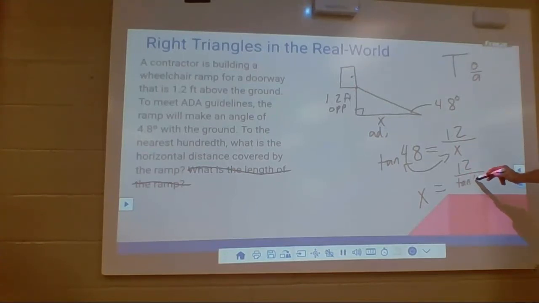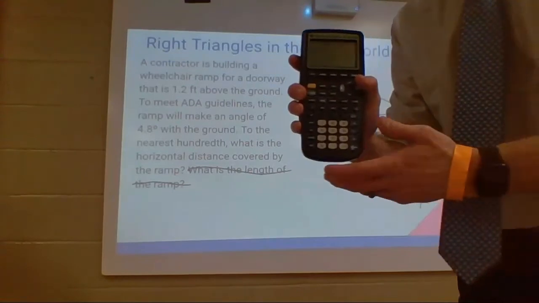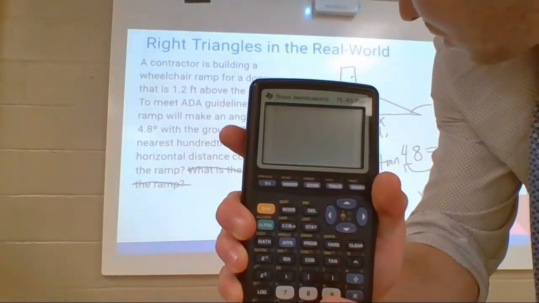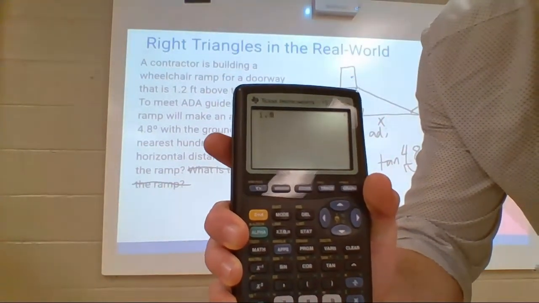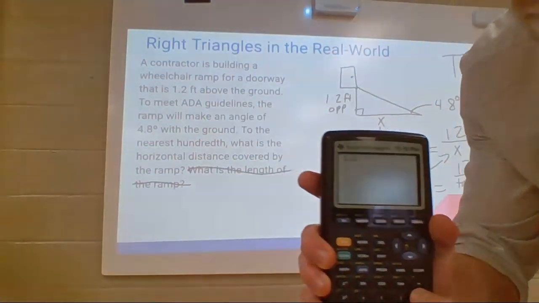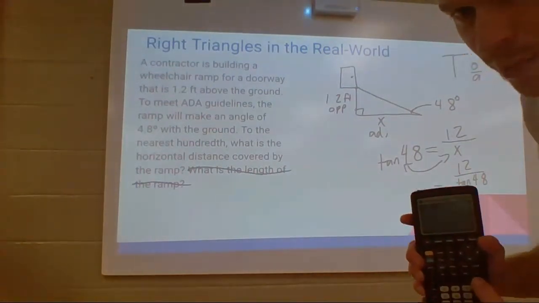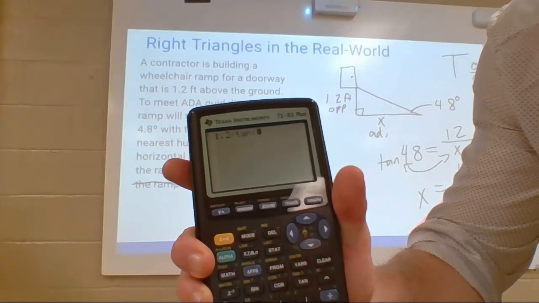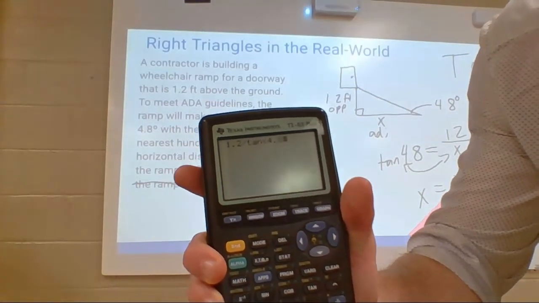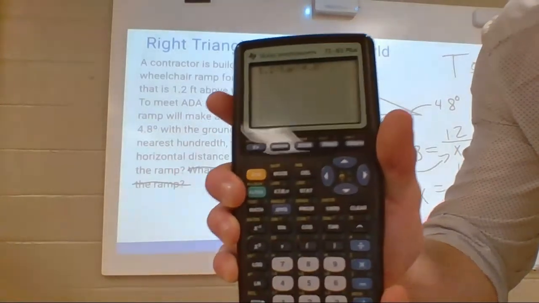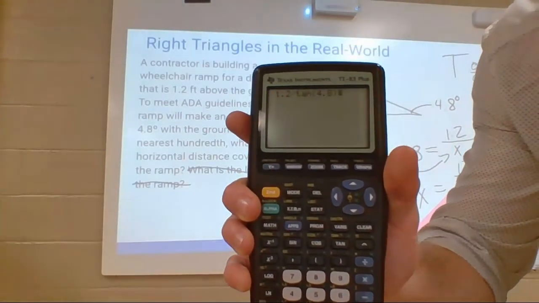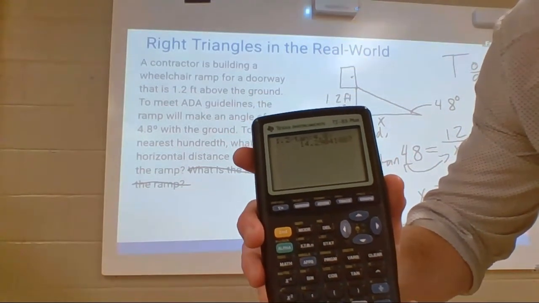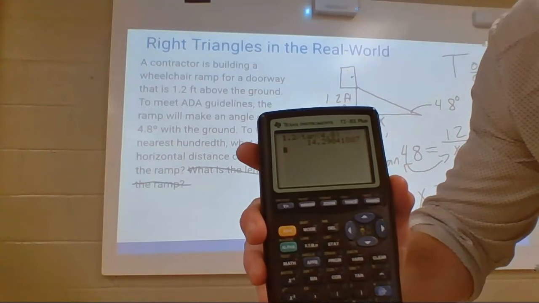the tangent of 4.8. So now I'm going to put this in my calculator. I'm going to say 1.2 divided by, let's see, it says 1.2 divided by the tangent of 4.8. So tangent 4.8. All right, and I'm going to close that parenthesis because I think that's a good habit. I don't think I did that in the first example, but it might be a good habit to get into. I'm going to hit enter. All right, so that's going to give me